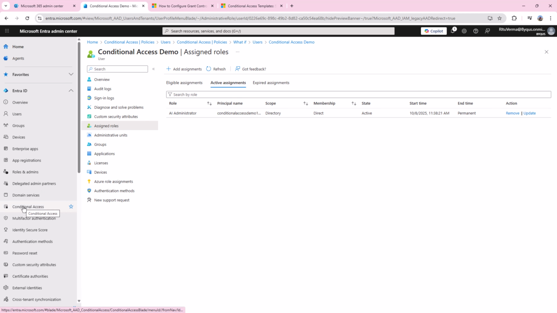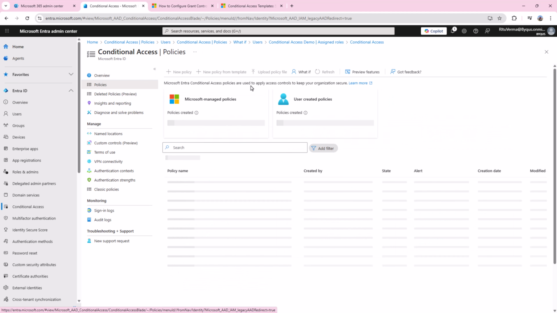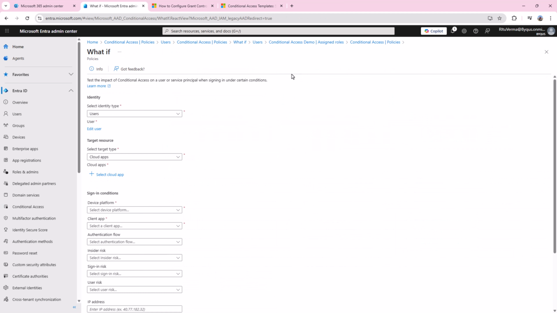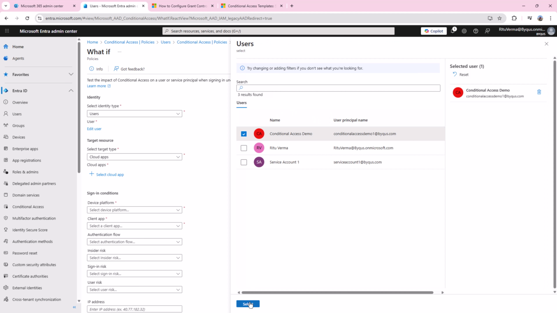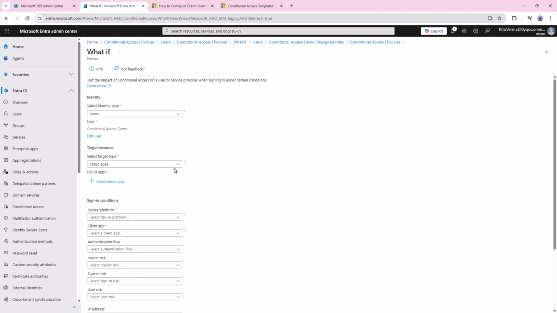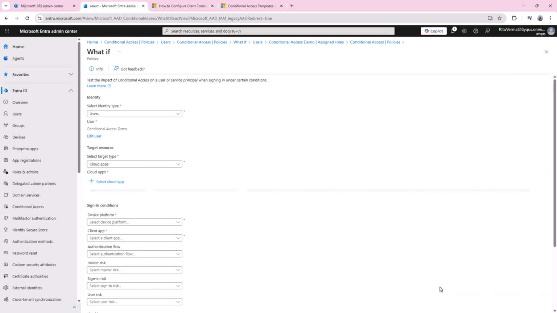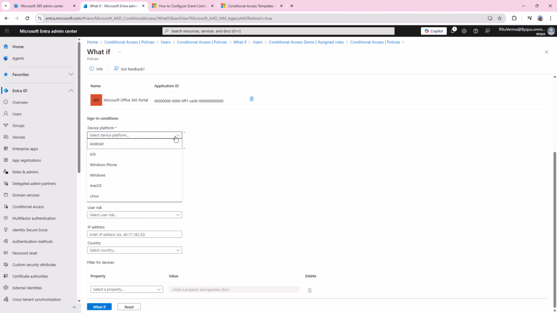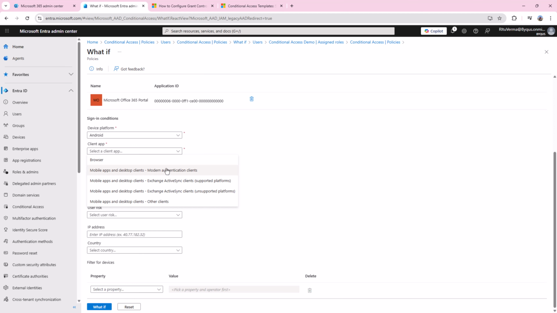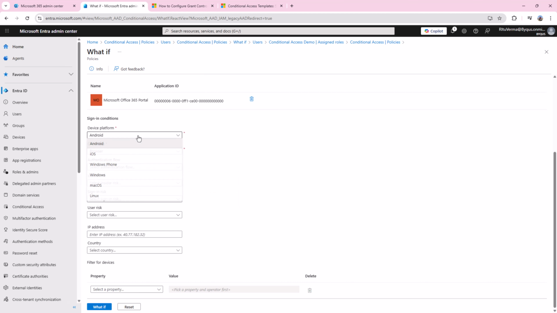Now what happens if I do the what if analysis again? So we'll do the what if analysis again on this account, and users is this, and cloud apps, select one cloud app. Microsoft, for now we can select any, and Windows and browser, let us select and click on run what if.